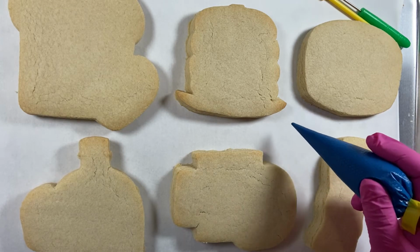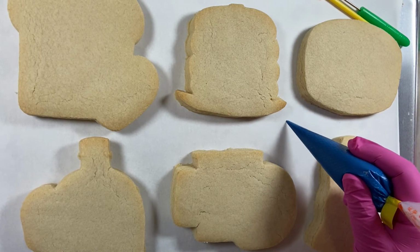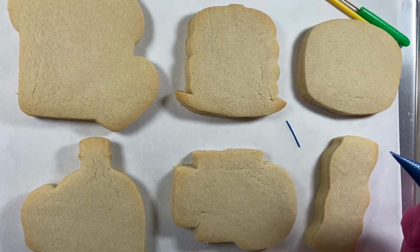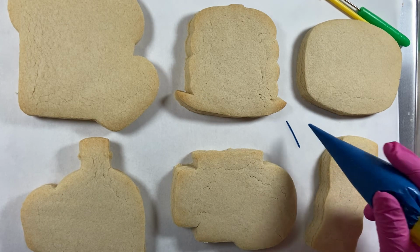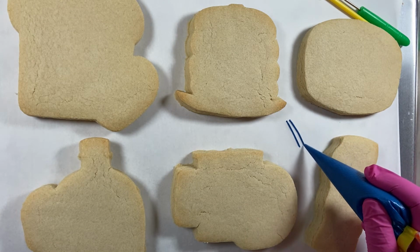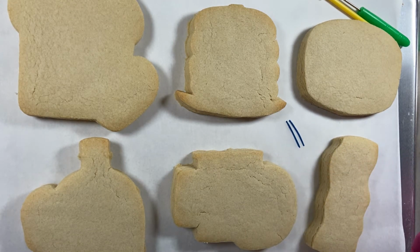And you're going to squeeze and lift up and drag a thin line. So you want to be sure that you lift up while you let that icing fall. So practice that a few times, and then once you get the hang of it, or if you need to cut your bag a little bit more,